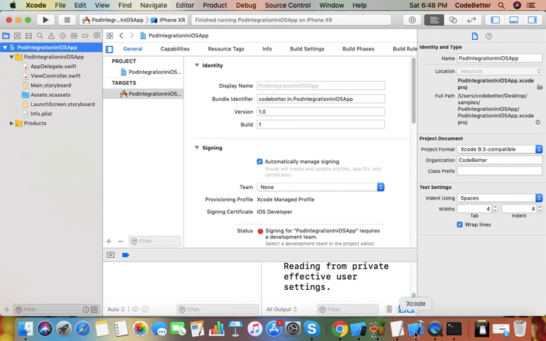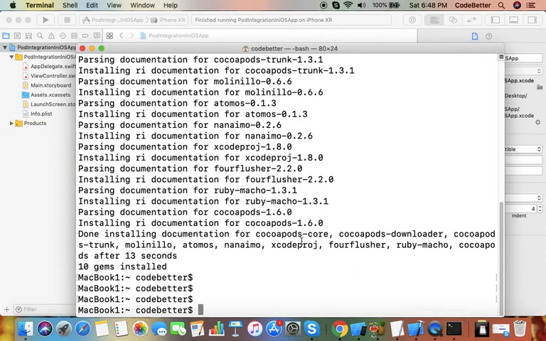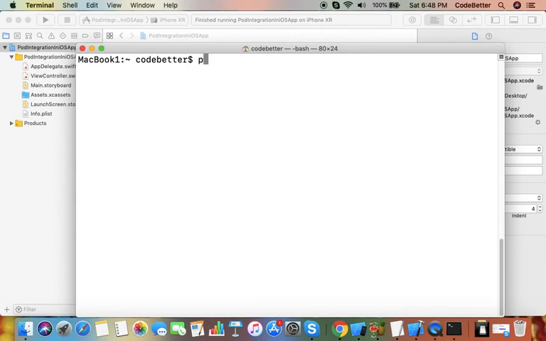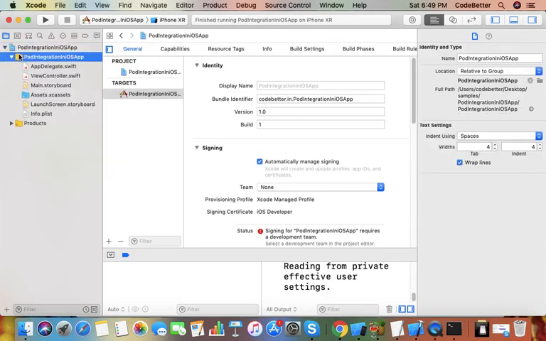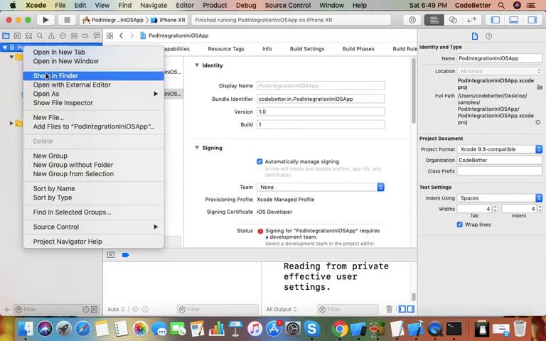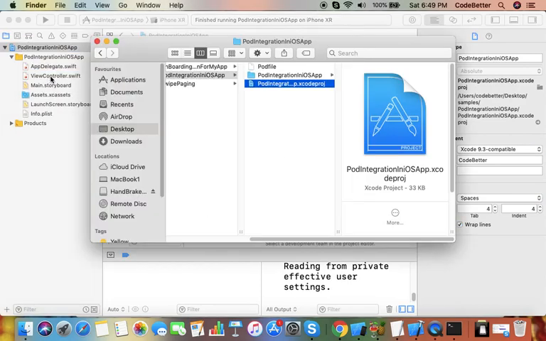To download that project, first of all I have to set up CocoaPod in my project. Currently I am here. I have to go to my project folder. Where is my project folder? Let's check. Show in Finder. Okay, so this is my project folder.